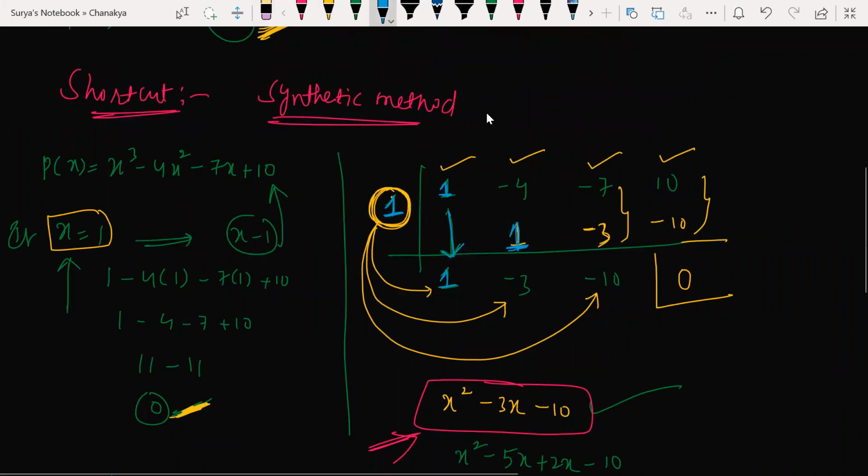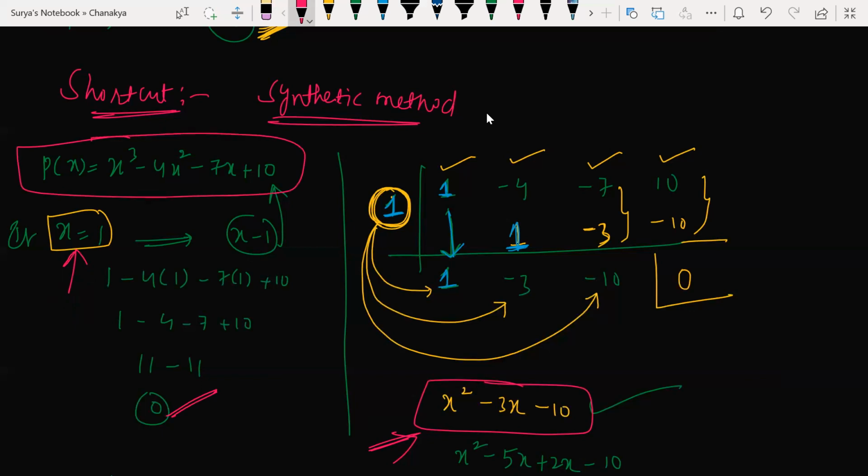When you took 1 here, definitely you are getting 0 here. Then the last term definitely will be 0. Understood my point, Nitya? Yes, sir. Here you took 1 in such a way that it is a factor. Why did you take that 1? Because by checking 1 I'm getting 0, which means x is equal to 1 is a factor of this